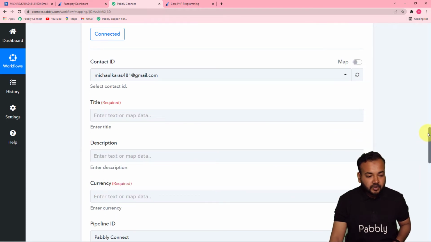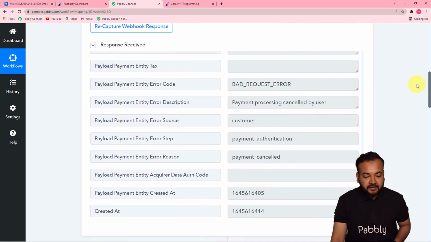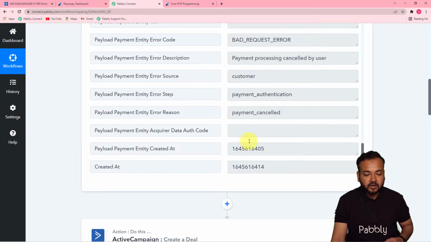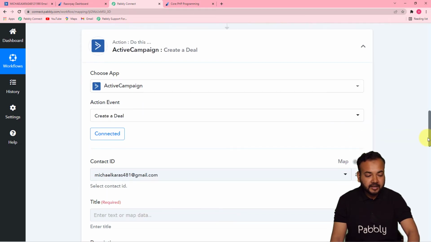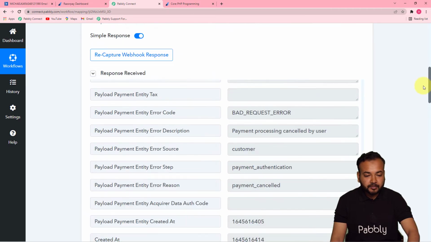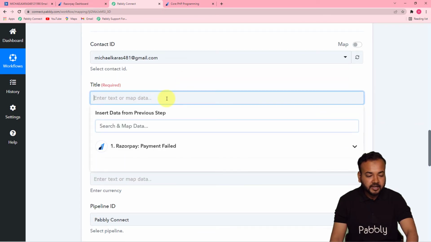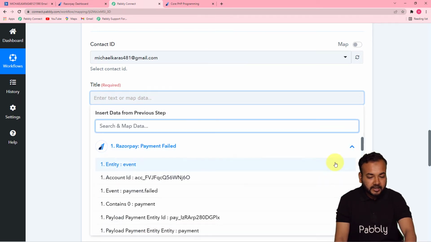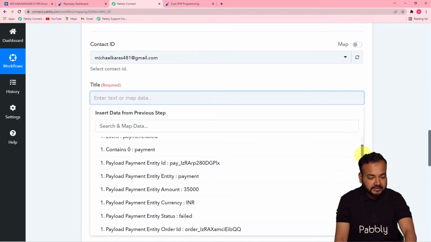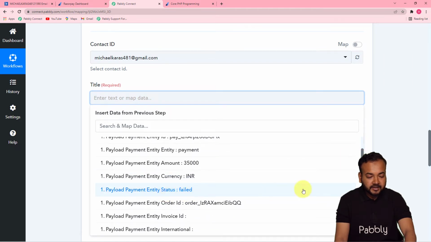So I'm going to use the data that we have received here in this first step, the demo data of a payment failure, and I'm going to map this data here in this second step to create a deal in ActiveCampaign. To map this data, you just have to click here on this title field, and you will find this Razorpay payment failed option in the drop down, and from here only you will find the title, or you will find the status as you can see failed,